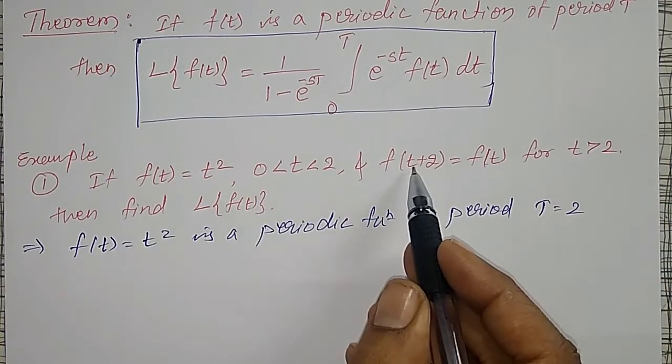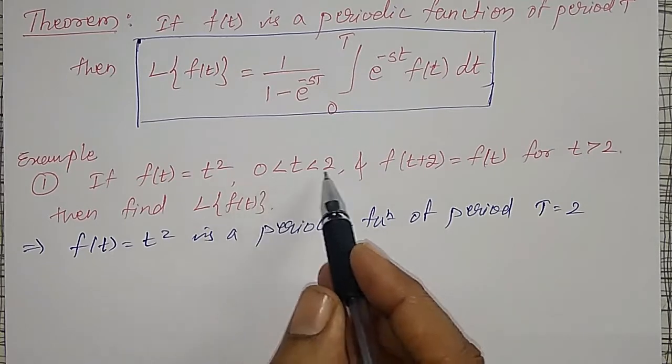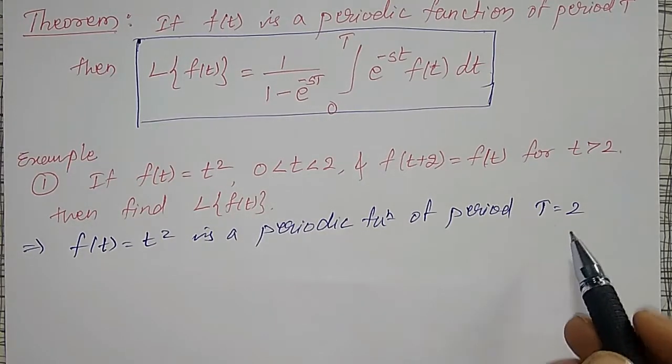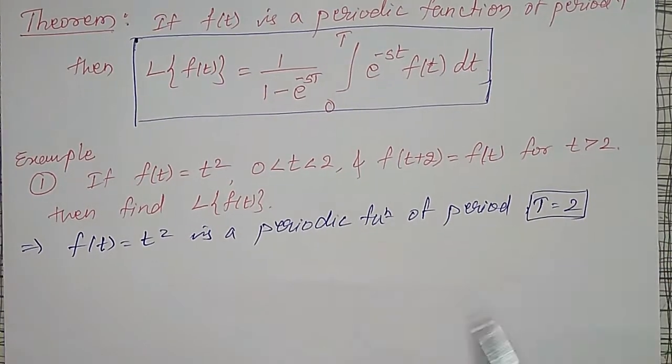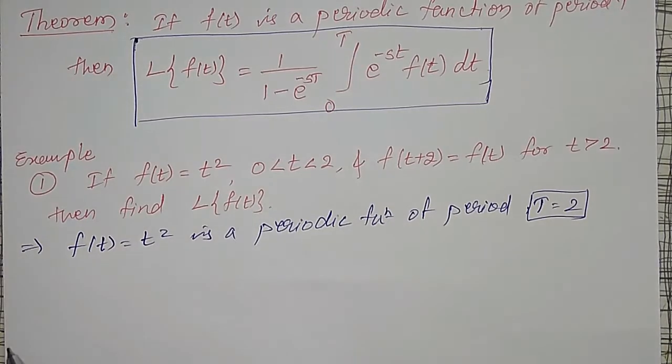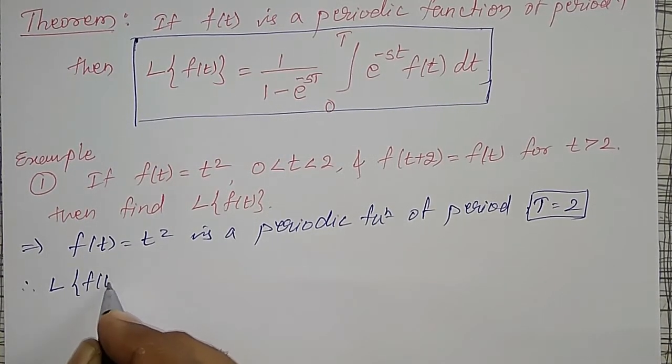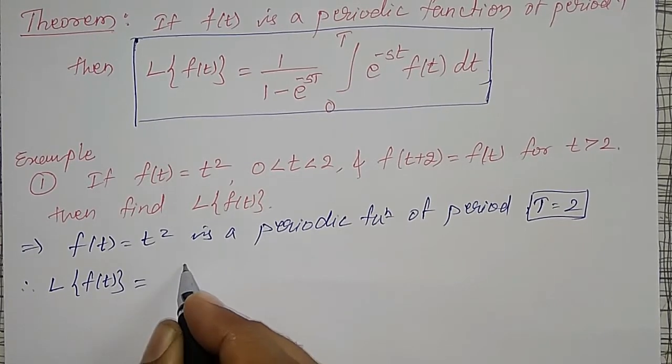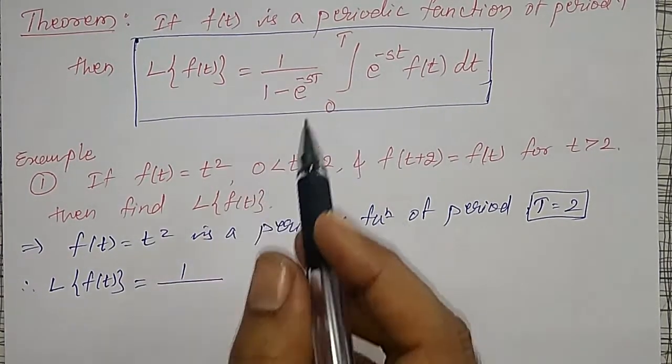Okay, f(t+2) equals f(t) is given, and 0 to T is the period. That's why it is a periodic function of period capital T. Then using the formula for a periodic function, let me find the Laplace transform. Therefore, the Laplace transform of f(t) is equal to 1 divided by,